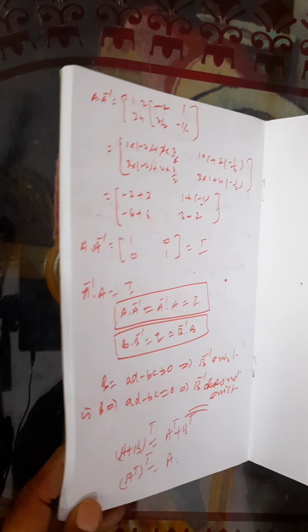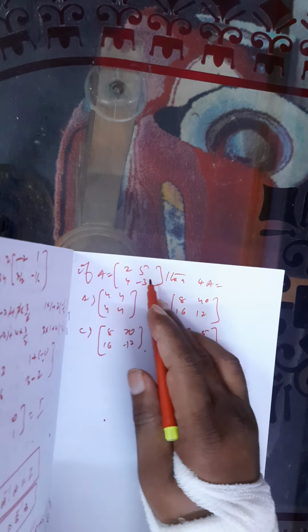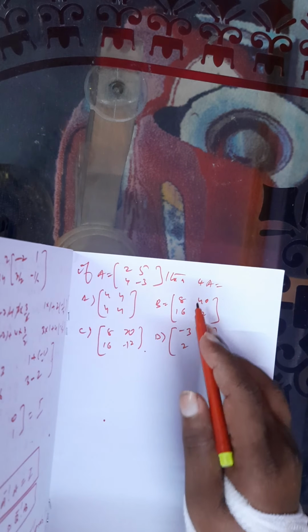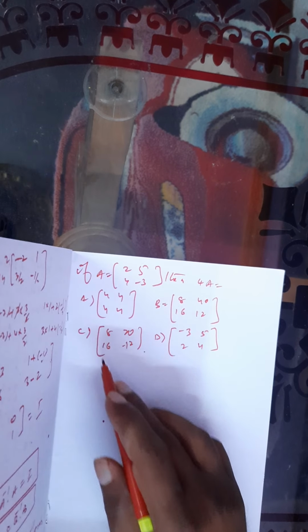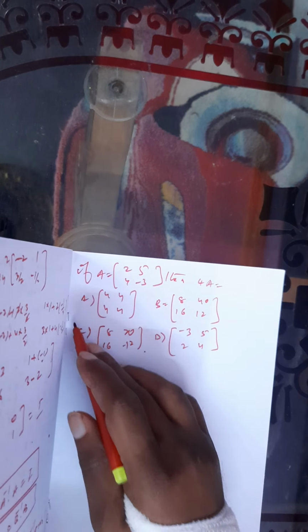So similarly we can see, now we are going to solve some problems related to this. Now see, 2 5 4 3, 4A is what? First 4A, then 4B, and C and D are there. So 4 into A, we have to directly multiply it. 4 2s are 8, here these are 2 bits maybe. 4 5s are 20, here 40 is there, here 20. So this is your answer. Check the other one. 4 4s are 16, 4 3s are 12. So C is your answer.